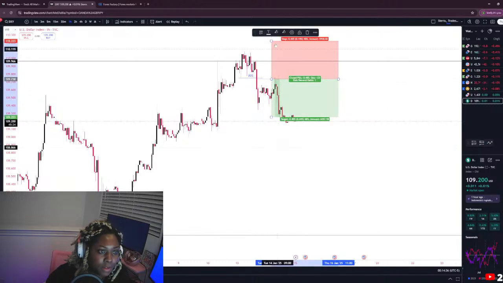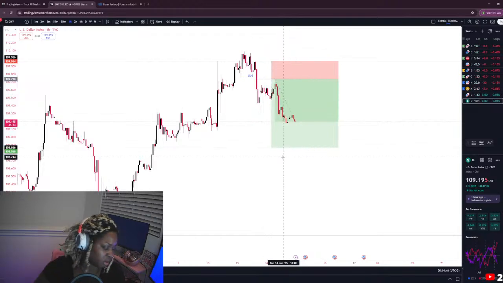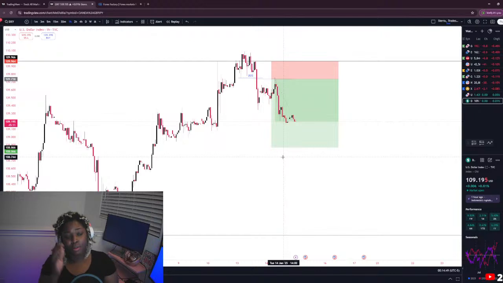I stopped scalping once. Shout out to my mentor Tracy and Rex and his group. Once he showed us the CRT method, I was scalping on the H4, which is the same thing, right? If you want to scalp, you mark up the H4 candle before the time that you're going to trade. So if you're trading a New York session, you'll mark up the 5 a.m. 4-hour candle. You'll mark up the high, the low, and the 50%, and then wait for price to go outside of the high or the low, and then come back in,